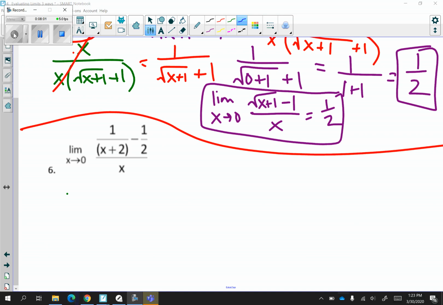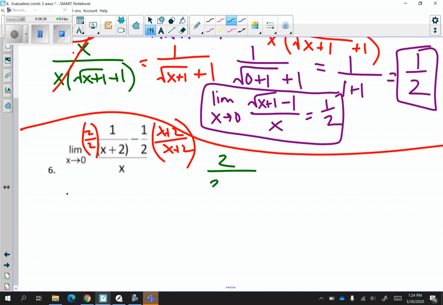If we notice number 6, the limit as x approaches 0 of (1 over (x + 2) minus 1/2) all over x. In order to subtract the expressions in the numerator, because they're fractions, we need common denominators. So I'm going to multiply the first fraction by 2 over 2, and the second fraction by (x + 2) over (x + 2). I'm not going to worry about the denominator right now. So I'm going to be left with 2 over 2 times (x + 2), because that's going to be my common denominator. And then I'm going to be subtracting